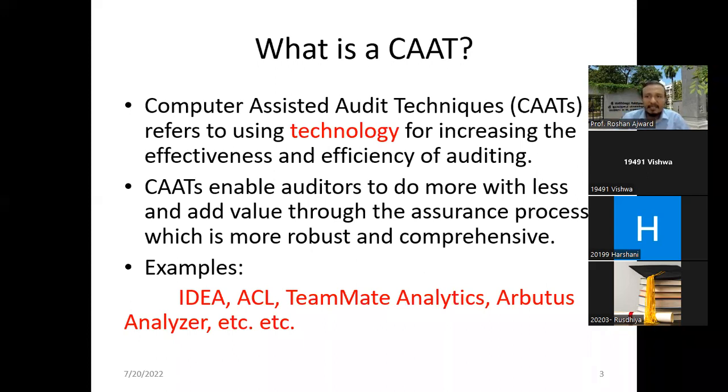Then, further description: CAATs enable auditors to do more with less. Now, what does that mean? If you need to audit, let's say, several thousands of invoices or several hundreds of inventory items, CAATs could be used very easily. You might need only one audit trainee or one auditor to do the tests. You could do more with less. You can test several thousands, millions of items using few audit trainees,